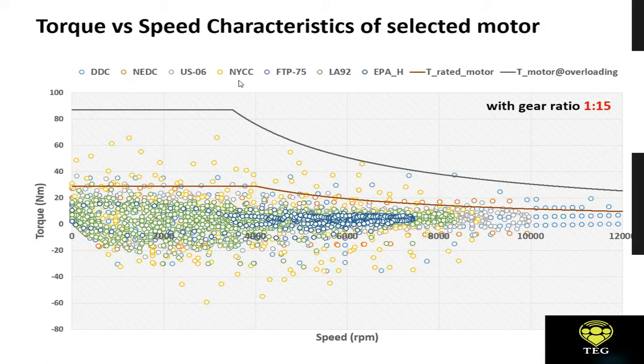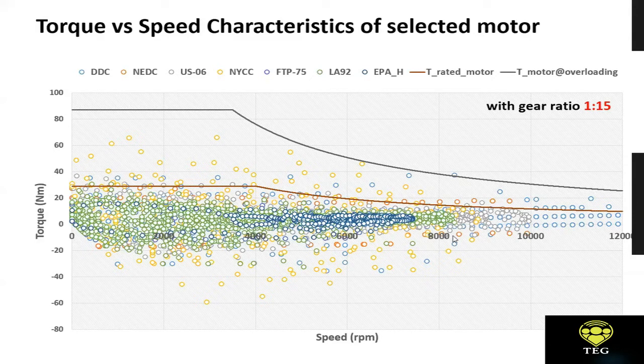Now if you observe these bubbles scattered all over the place in this curve, you would see that some are negative. Okay, and the negative torque comes into picture when we are trying to go for braking. Okay, so negative torque indicates the braking force, and all the positive torques, they represent the forward motion and acceleration included. Clear?